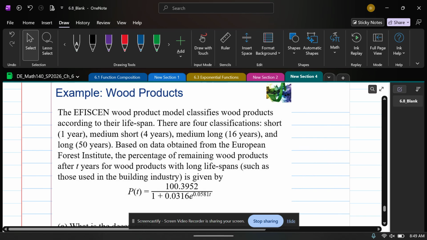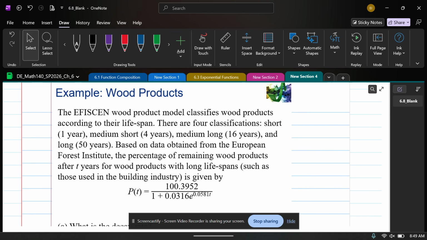Okay. Here's our equation. The equation is percentages of remaining wood products after T years. The carrying capacity is right at 100. So that's saying that the best case scenario is 100% of our wood products, right? It's a little bit over that right now because of some rounding issues probably along the way, taking our data and finding that equation. So 100%, that's really close to 100%. So we're okay with that being just a tad bit over. If it was a tad bit under, I'd be okay with it too. If it was 99.6 or something like that, I'd be okay with that. That's close to 100. Okay. Now,